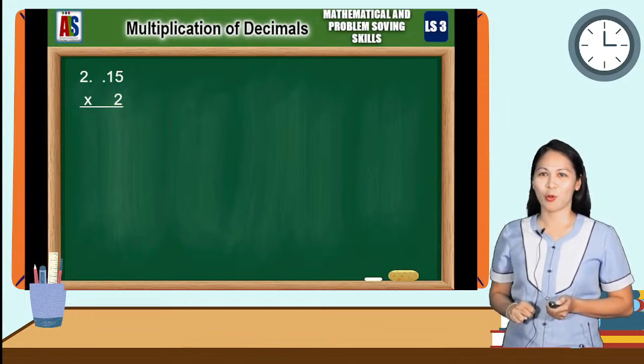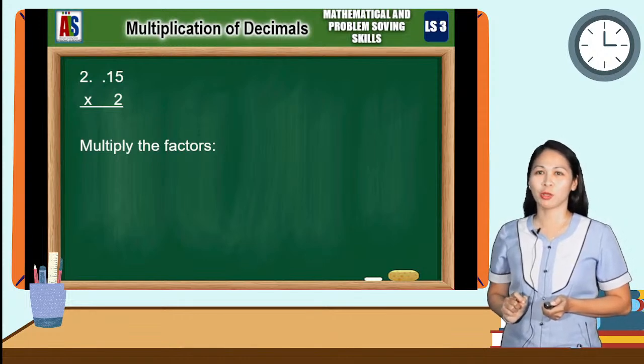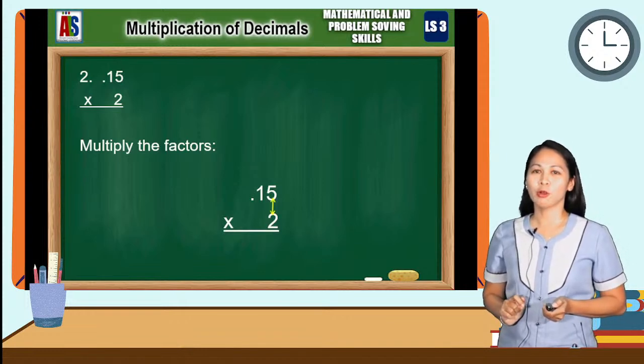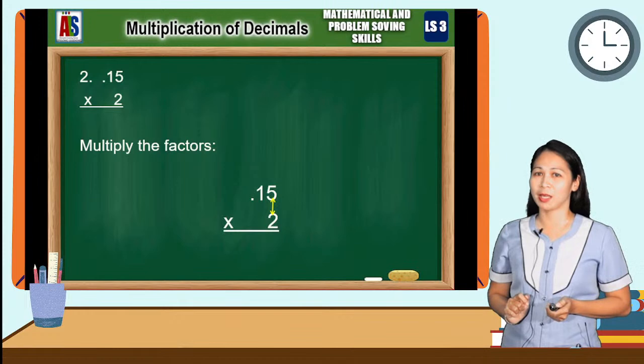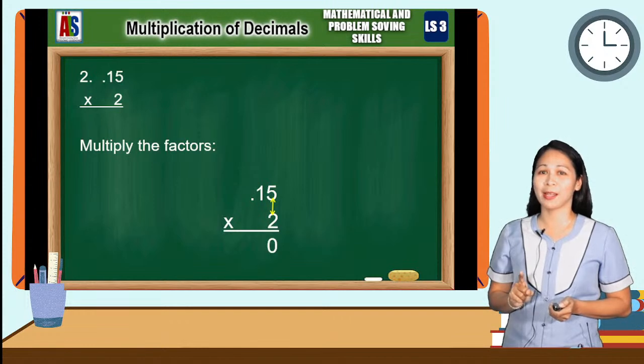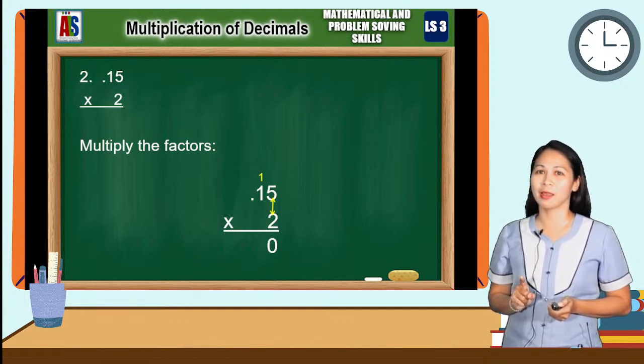0.15 times 2. So, using a short method on multiplying the factors. Okay, 0.15 times 2. When you multiply 2 times 5, that is equal to 10. Write 0 below the column of 5 and 2, and regroup 1 above 1 in the multiplicand. Now, multiply 2 times 1 is equal to